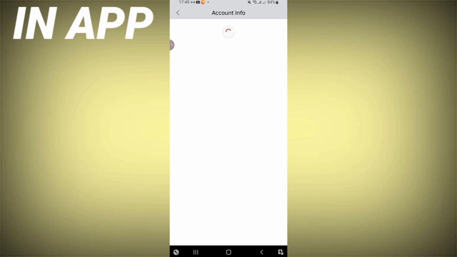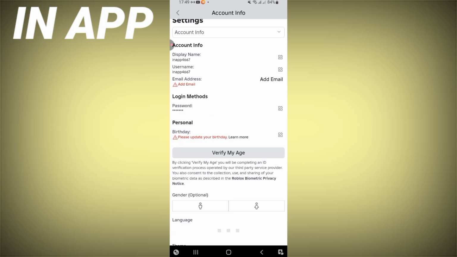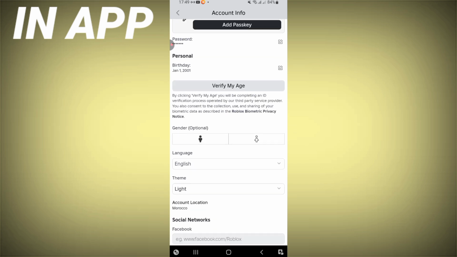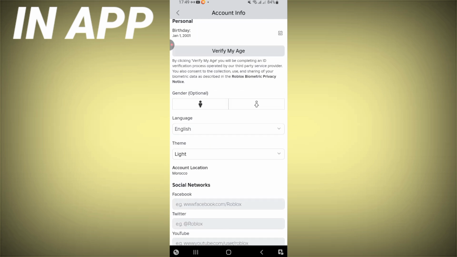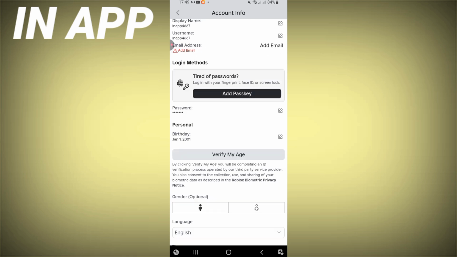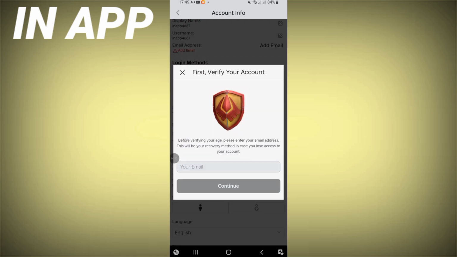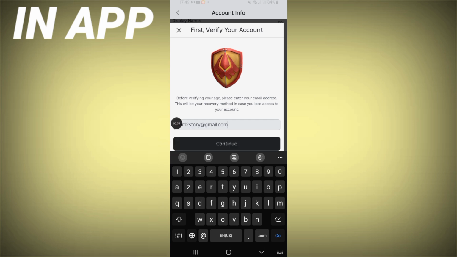Right now you have to scroll this list a little down and you will see here verify my age. Click, and you have to write your email here. So after that, click on continue,